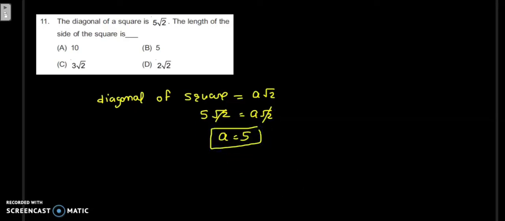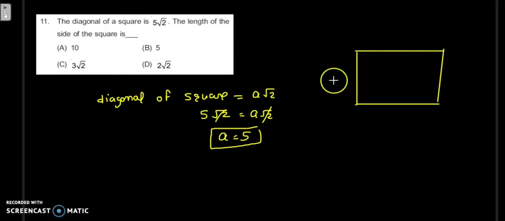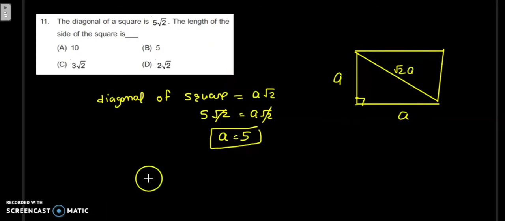Those who don't remember the diagonal of a square have to simply draw any kind of square whose side is a, a and a. So this will be the diagonal, and this is Pythagoras theorem. By Pythagoras theorem, when you solve a square plus a square, you will get √2 a. So put it here. Understood? Very good.